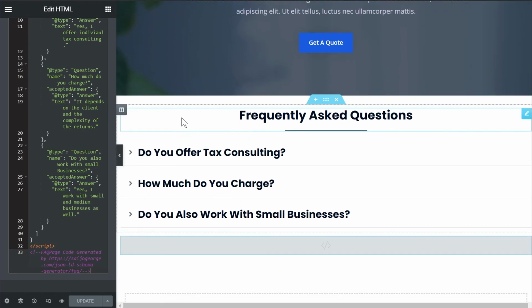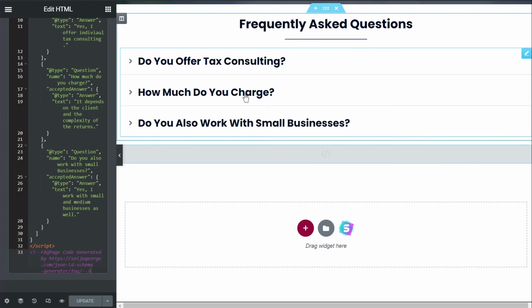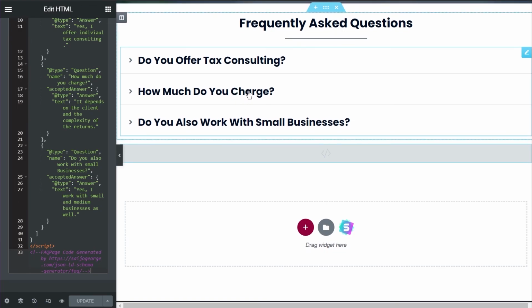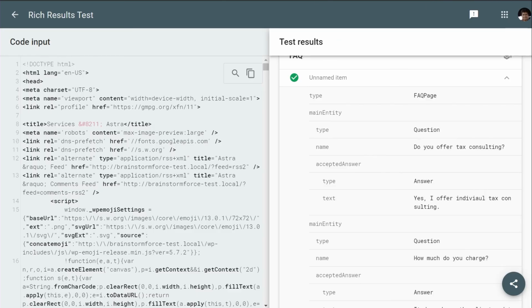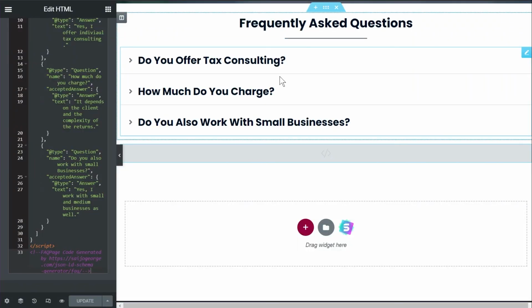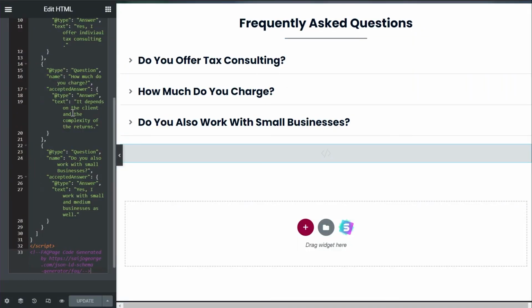Now, technically, this method is working, right? I just demonstrated it. But anytime you want to make any change to the frequently asked questions, you will have to go back and update this code once again. Now, if you make any mistakes and the code fails and you do not check in the rich snippet testing tool, then you might not realize it, but this schema might become invalid if you don't know what you're doing, and then you are out of the FAQ schema, which might cost you a lot of business, which might cost you a lot of traffic.